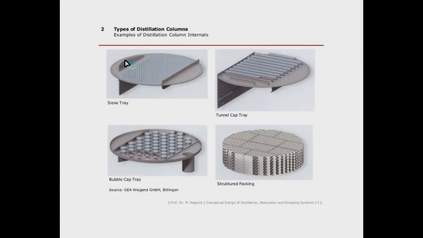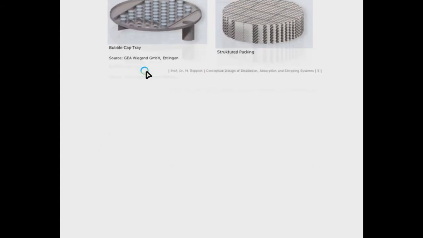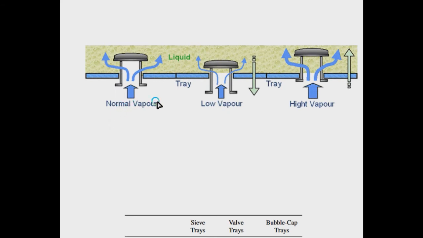Okay, then we should talk about the types of distillation column internals. Like, what are the internals inside a column? Only trays. The trays are the internals inside the column. So we can have a sieve tray, a tunnel cap tray, a bubble cap tray, or a structured packing tray. The most common that we use is the bubble cap type tray, and the reason is its capacity to handle